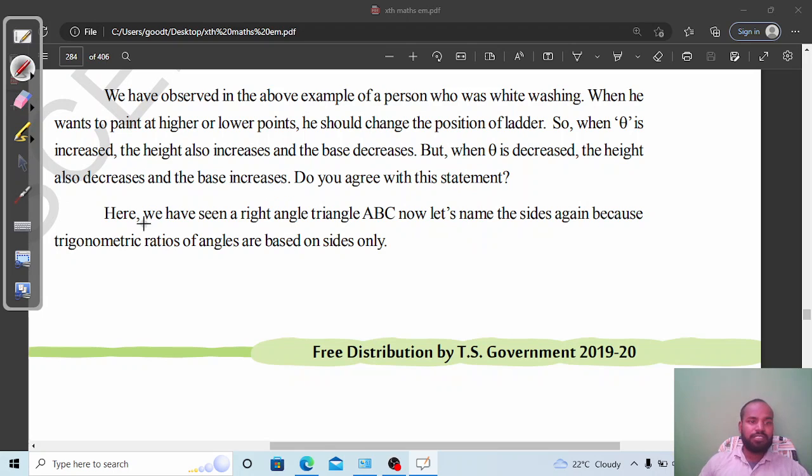So next, see here. We have seen the right angle triangle ABC. Now let us name the sides again, because trigonometric ratios of angles are based on sides only. So this is the main point. What is the main point here? All trigonometric ratios depend upon the sides only. Trigonometric ratios all depend upon the sides. So next,